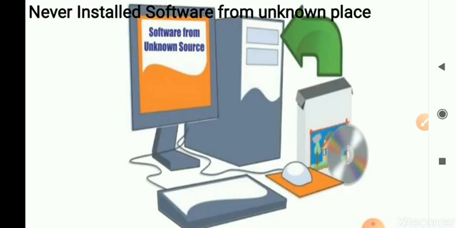Next, never install software from an unknown place. Sometimes when you are browsing, after some time you will get a pop-up sound and some unknown software emerges which allows you to install it.